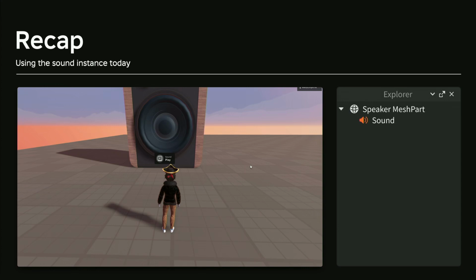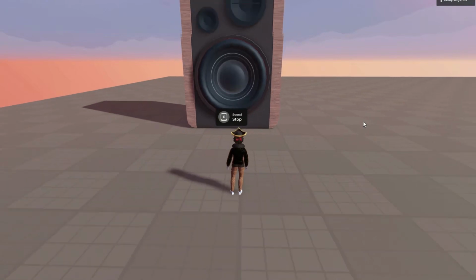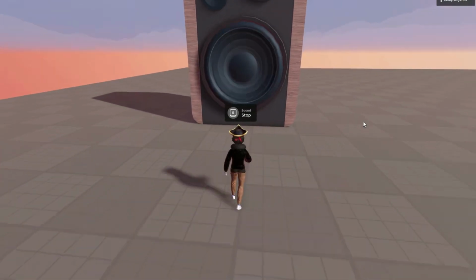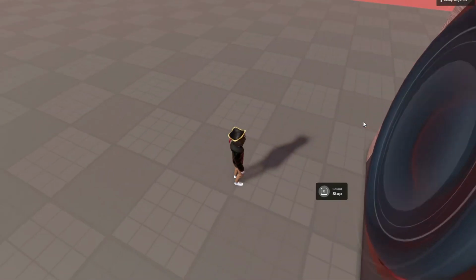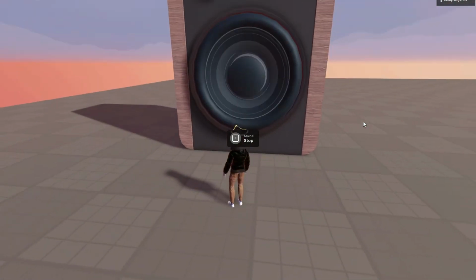So if you could play the video, please. This is an example of our old API where we had a sound instance. You can see in the Explorer view that it was a child of the speaker model. And here it is, sending sound to the 3D world. That's all great. You're probably all familiar with that. Now, going on to the next video,